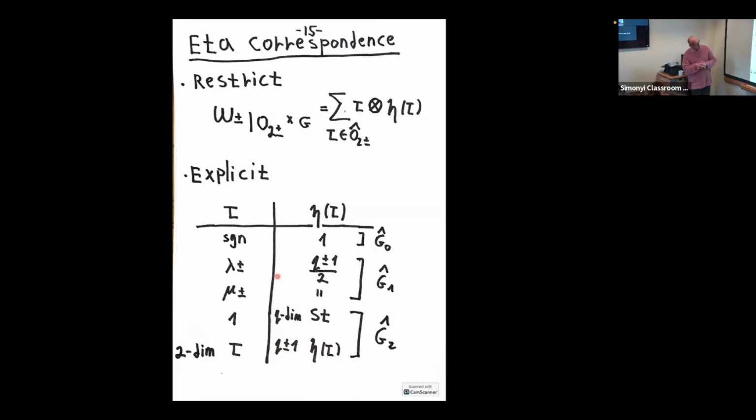All those guys explicitly. And now let me explain in this decomposition with what they come. So the sign representation comes with the trivial representation. These guys, lambda plus minus, they choose somehow half of the story of the guys of these oscillator things. So lambda plus chooses q plus one, and lambda minus q minus 1/2, and the other guys